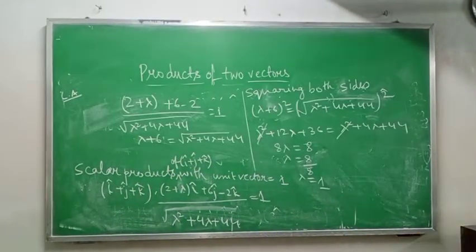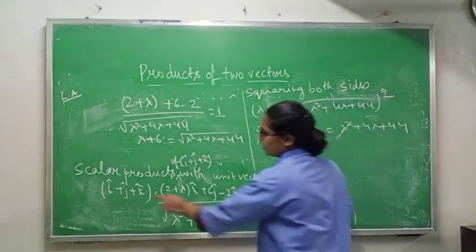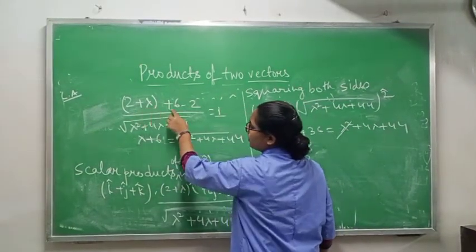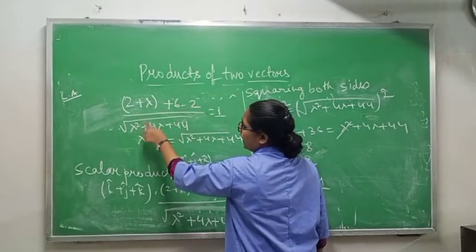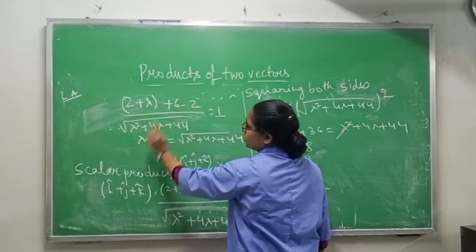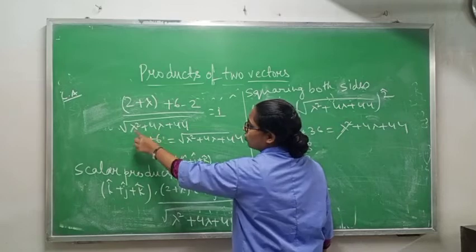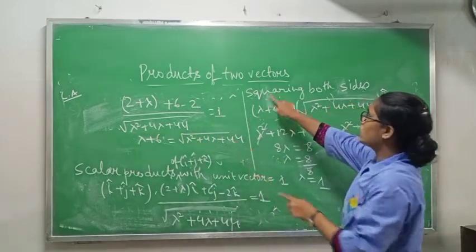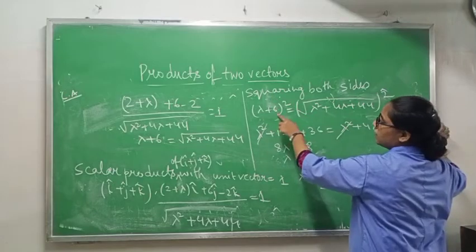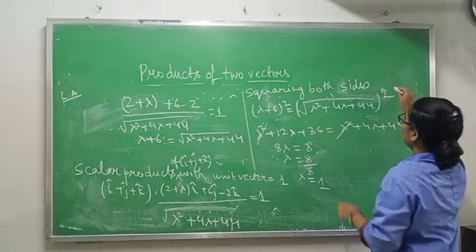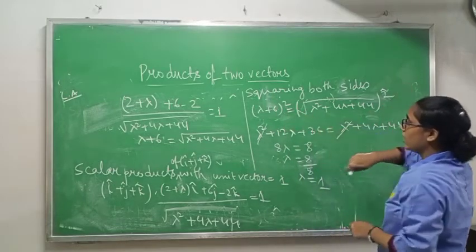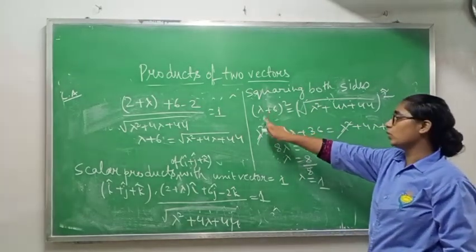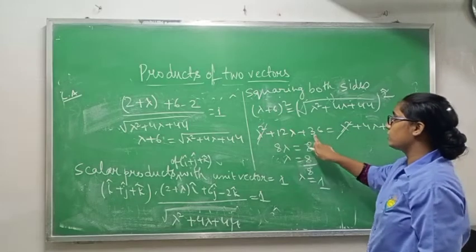Now class 12, see how I am solving this one. First I am multiplying this with this. After multiplying I am getting 2 plus lambda plus 6 minus 2 by root over this. When I solve this I get lambda plus 6 equals, I am taking this root to the other side, it will become this. Now when you square both sides, it will come lambda plus 6 whole square and this square, so the square and the root will cancel out. When you open it with the formula of a plus b whole square, you will get a square plus 2ab plus b square.